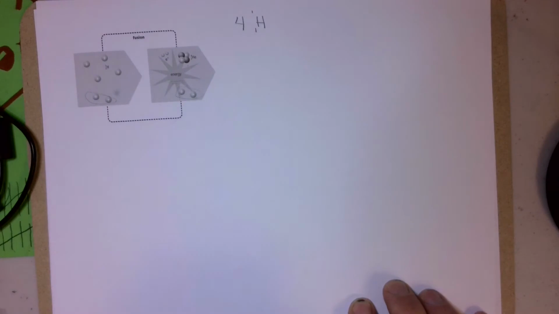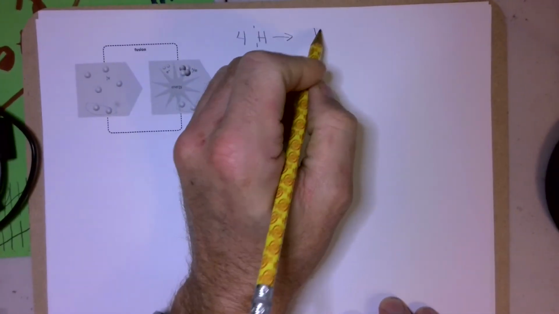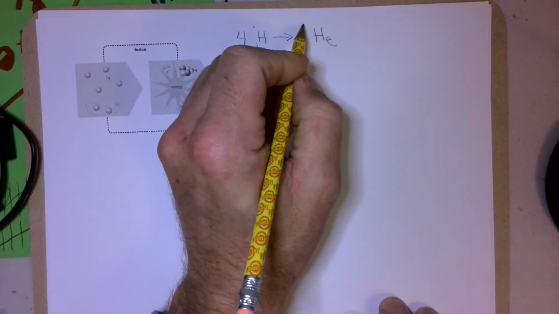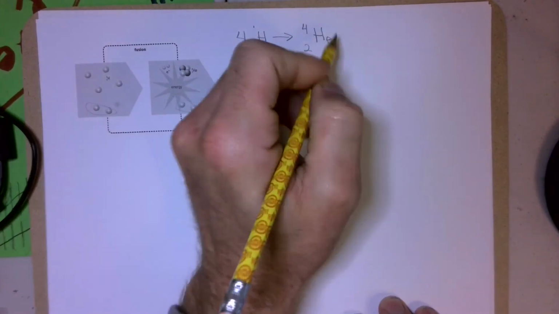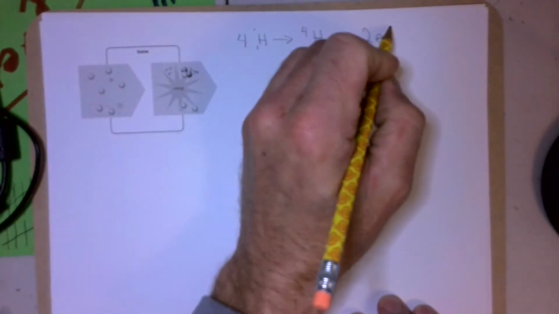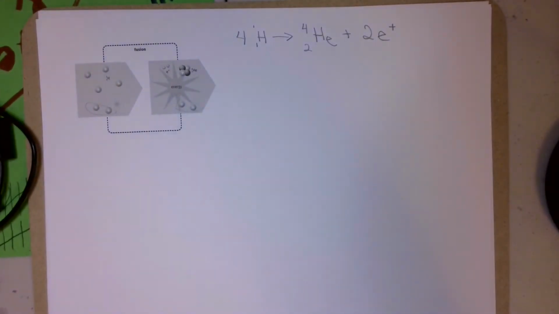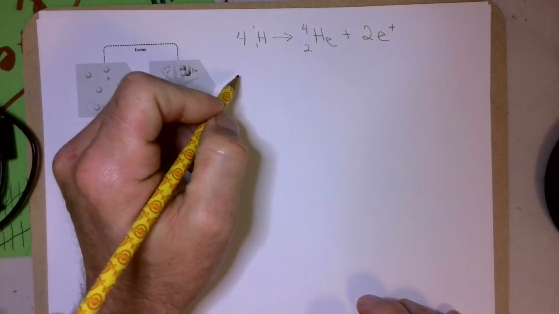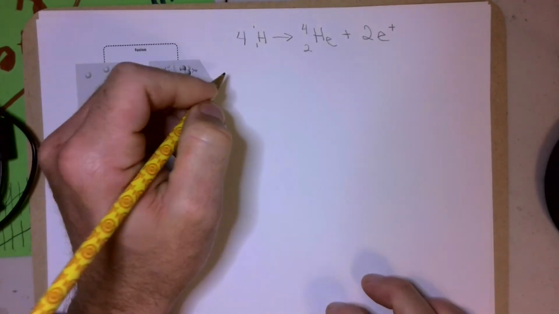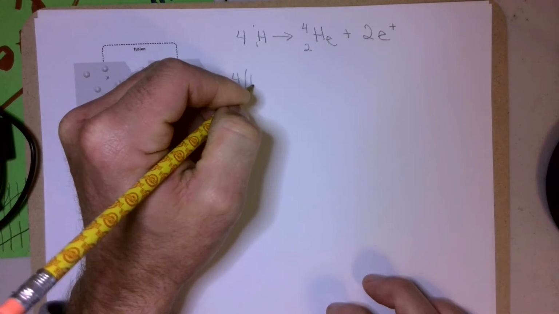on one side, and then on the other side I'm going to have a helium atom, and then the 2 positrons that exist. And that's the setup, that's the start. From there, we're just going to use the masses that are given to us to figure out a mass balance. So if I was to figure out the mass given for those hydrogen ions, it would be 4